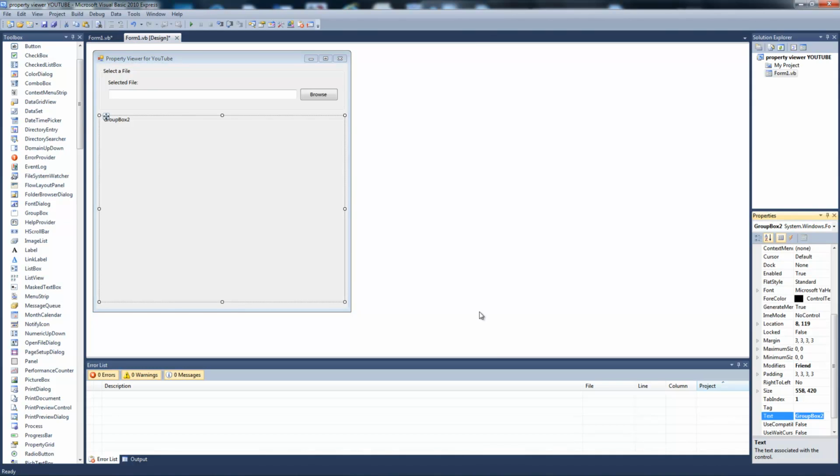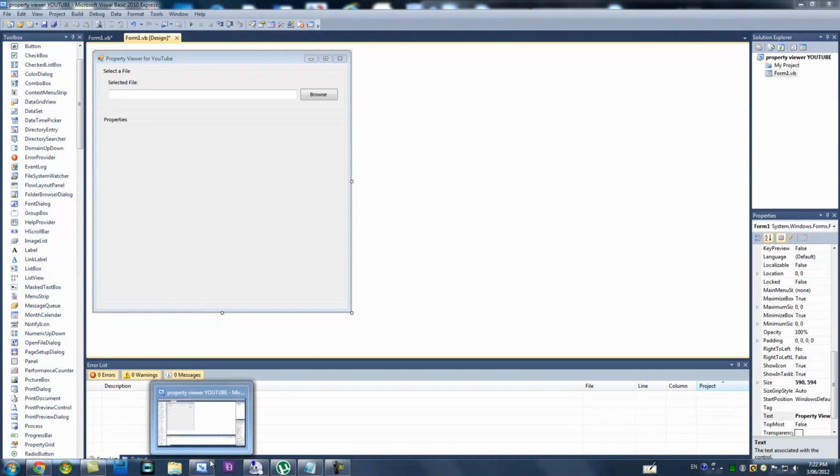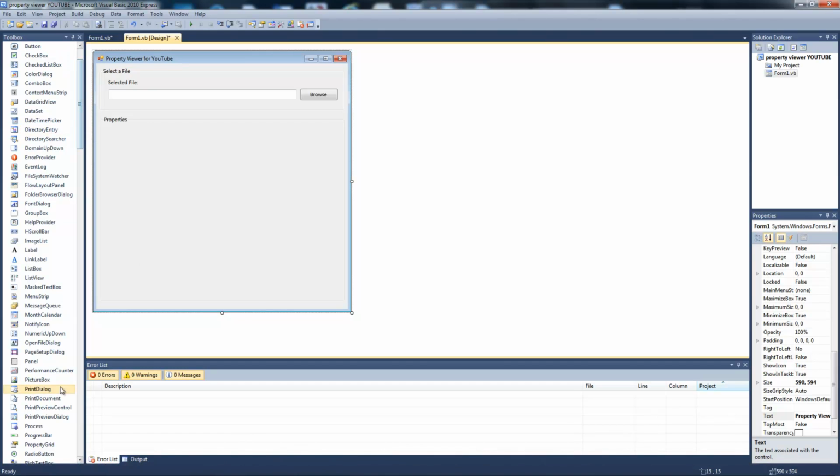Rename that Properties. Now once you're in properties, you go ahead and add